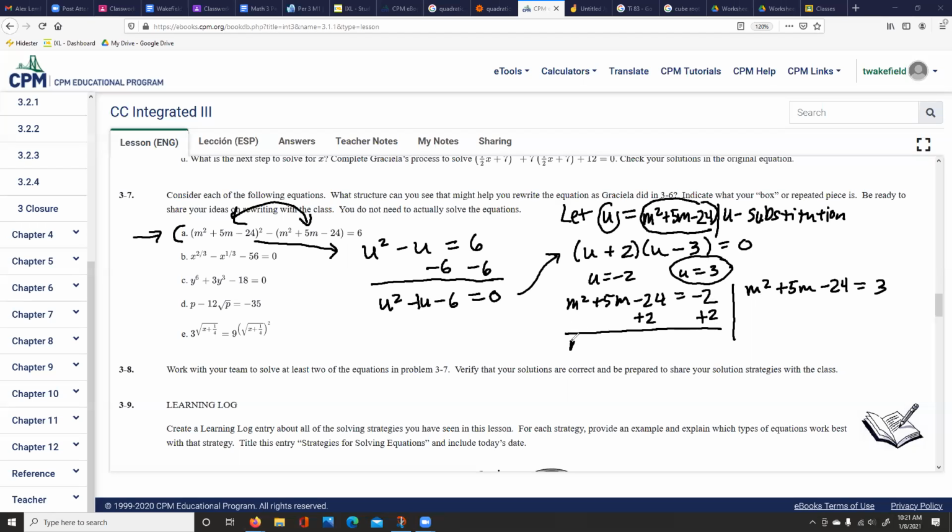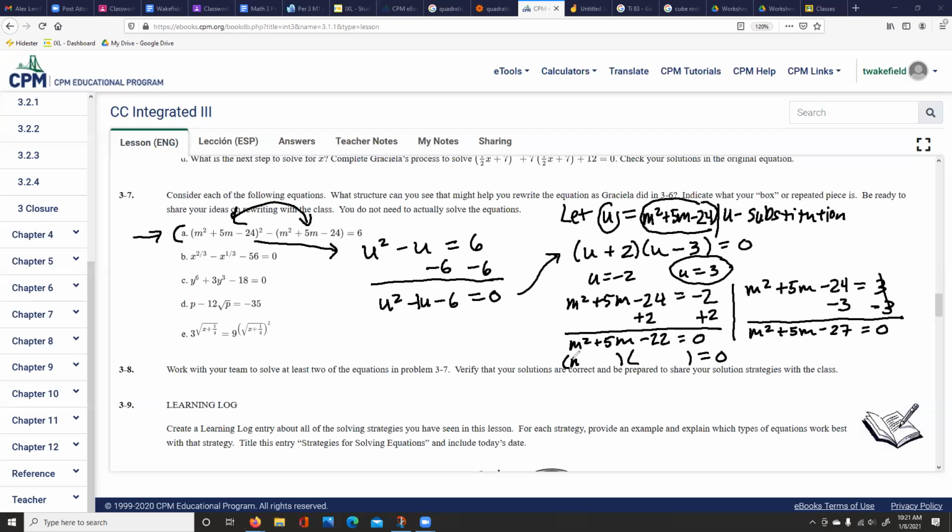And I'm going to get m squared plus 5m minus 22 equals 0. And let me go ahead and subtract 3 from both sides here to get it equal 0, so we can solve a quadratic. M squared plus 5m minus 27 equals 0. Okay, when I try to factor this,